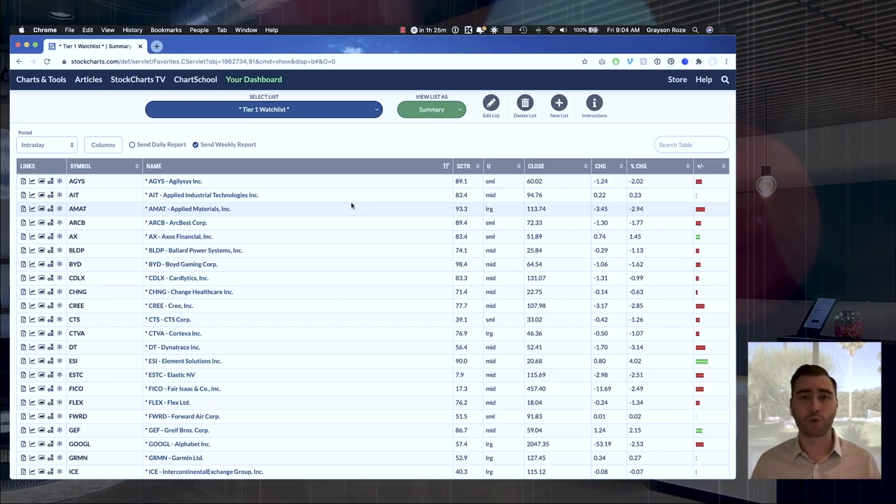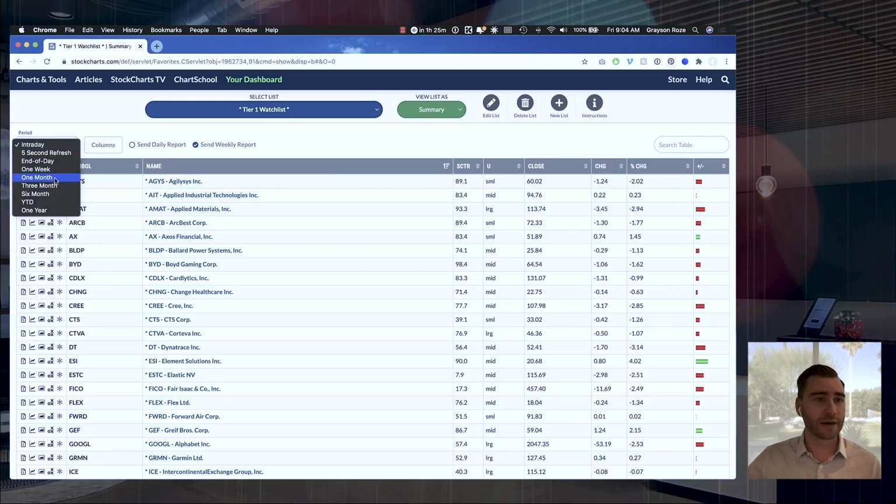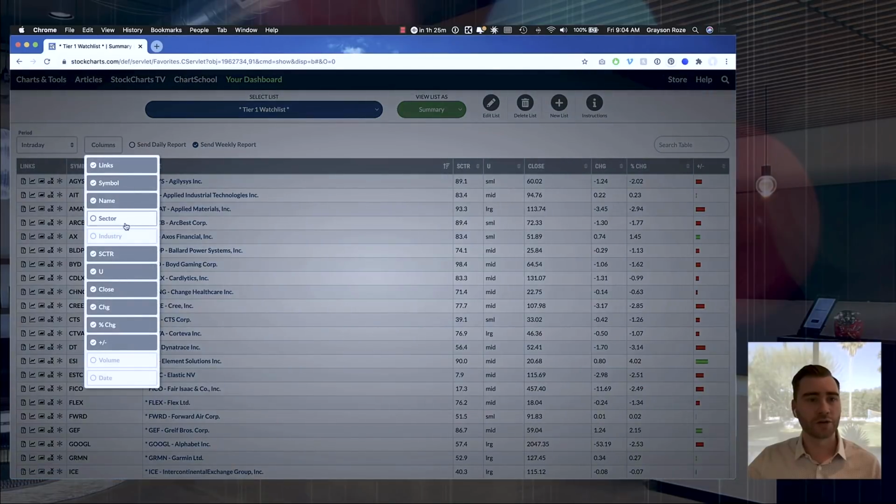Especially if you've got your portfolio loaded into a chart list, this is a great view to come at and track your portfolio on a daily basis. You've got a couple of different options. You've got different period options up here in the top left, so you can always choose between those. And then when you hit this columns button, it also allows you to customize which columns you want to see